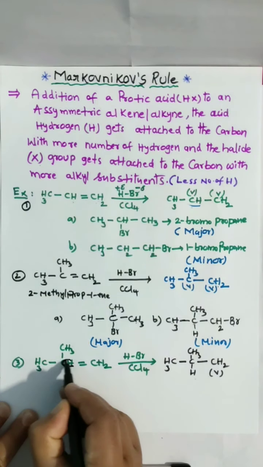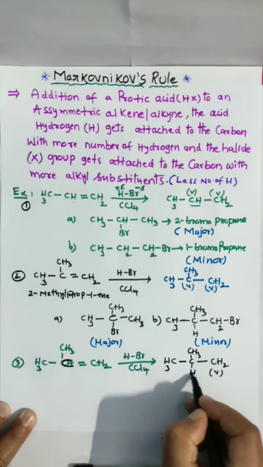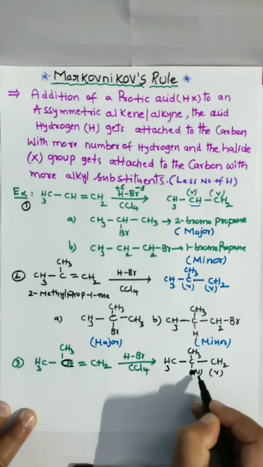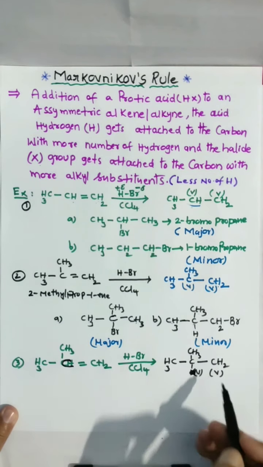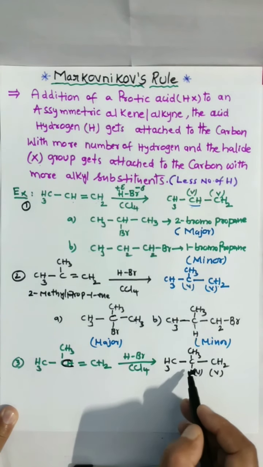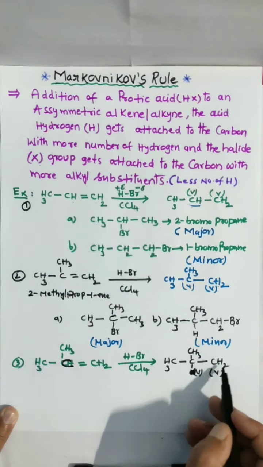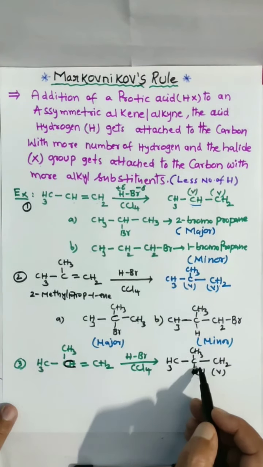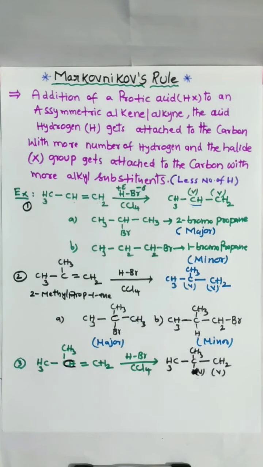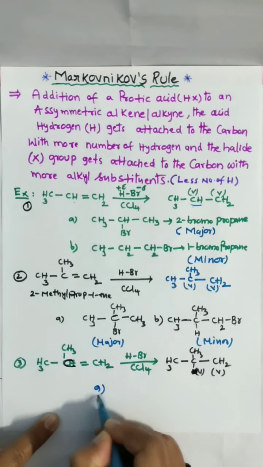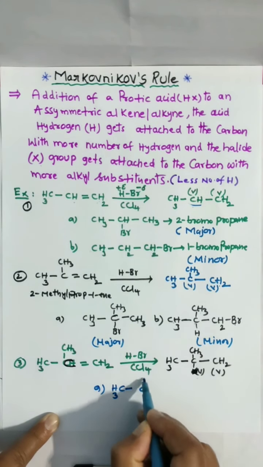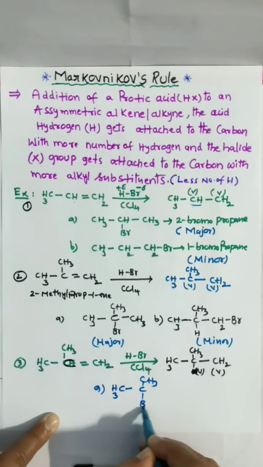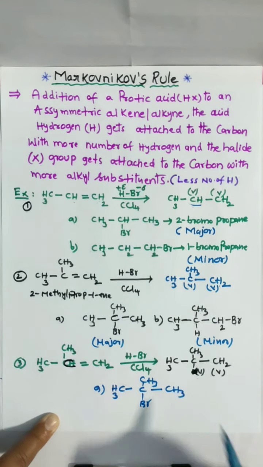You have to take C only, not CH. And now here one vacancy is there. Here one vacancy. This is only C, not CH. So now two vacancies we have. Here one vacancy and here one vacancy. Hydrogen can attach here or here. But the major product is with more number of substituents. Go for here. The major product I am writing: CH3 bond C, CH3 bond Br bond CH3.